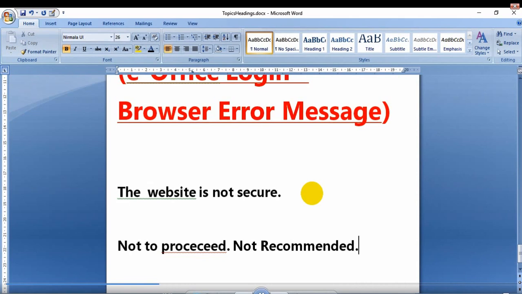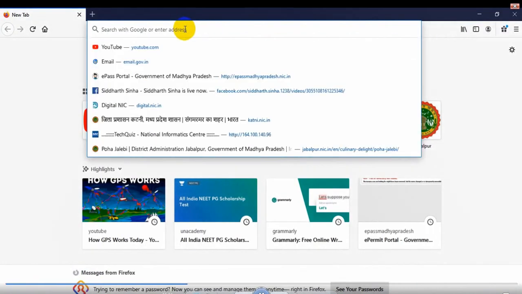In different browsers different messages will come, but in all of them we will get one option, like the advanced option. When we go to advanced, we will get the option to proceed further. It is not that we cannot go inside the website to do our work. Then it is up to us whether we want to access it or not. Let me show you all three browsers, Google Chrome, Internet Explorer and Mozilla Firefox, quickly by entering the address of the demo website.